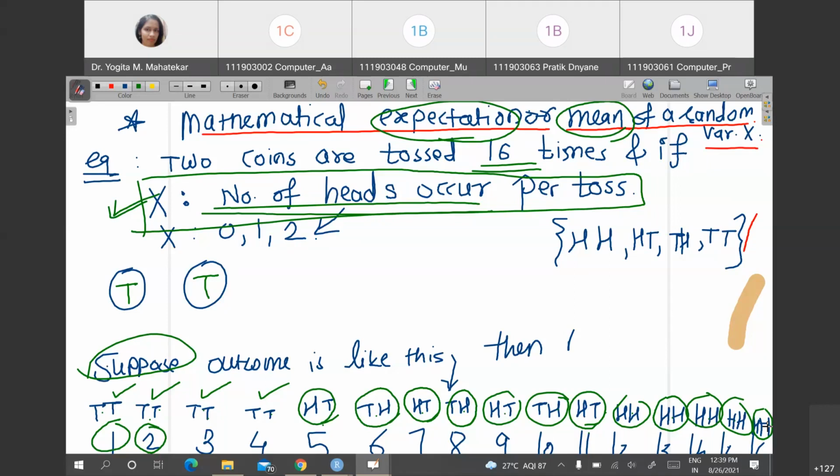And how many times are you getting 2 heads, students? 5 times. So 5 by 16 is the probability of getting 2 heads in this case, in this assumption of the outcome. Okay, so